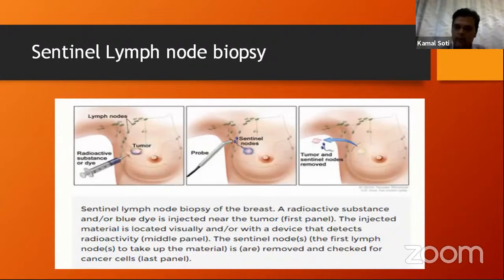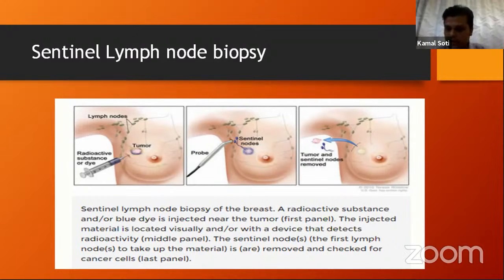So following diagnosis of the patients, after we do a mammography and biopsy of the breast lesion, we check for the axillary lymph nodes. If there is any lymph node in the axilla, we aspirate it with a needle to see if there are any cancer cells in it. If the axillary lymph nodes do not have any clinical evidence of disease, we do a